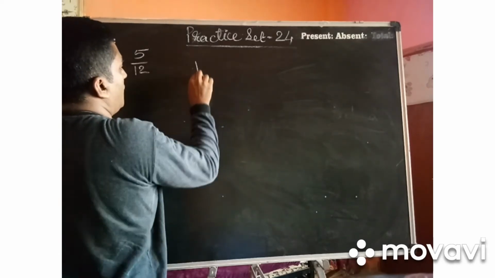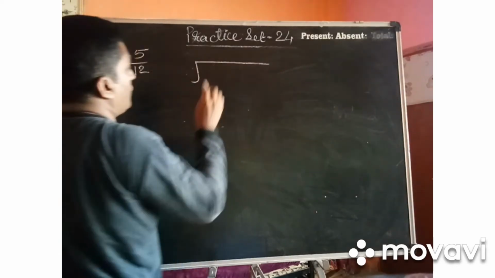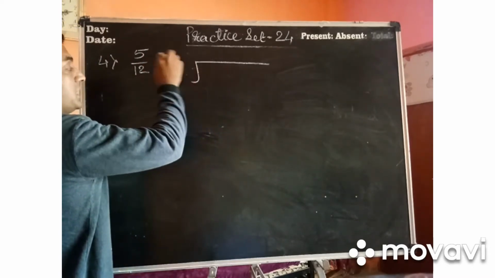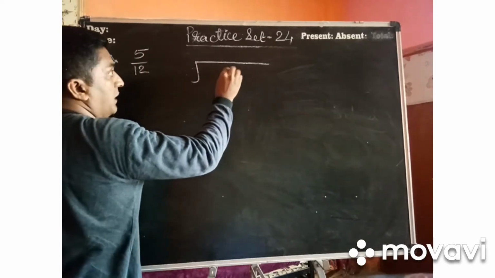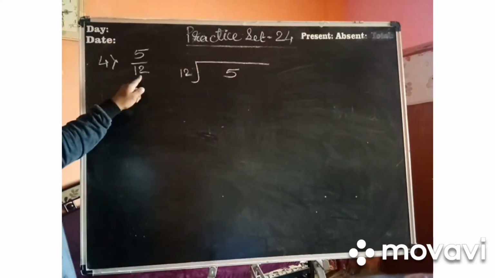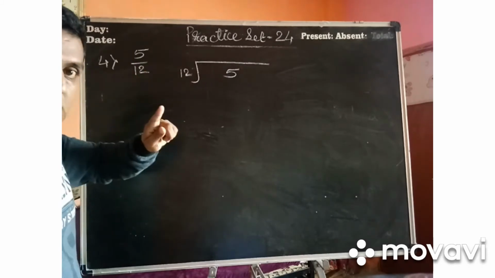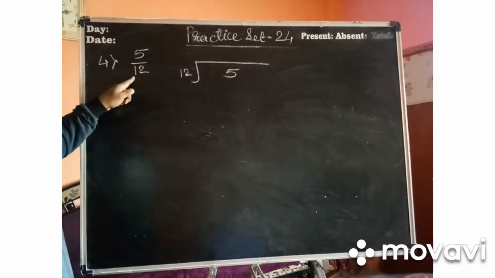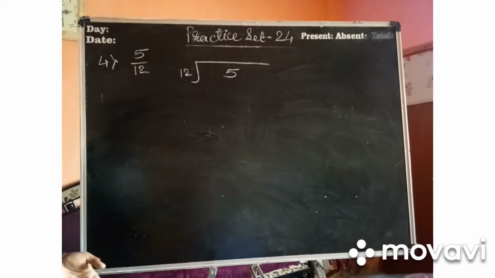Again, I am going to draw a regular format of division in which the numerator 5 will come in the dividend and 12 will come out. Normally you take 12 here and 5 here. Don't do it like this. The numerator, may be small or big, will come inside, and the denominator, may be small or big, will come outside. Let us start.